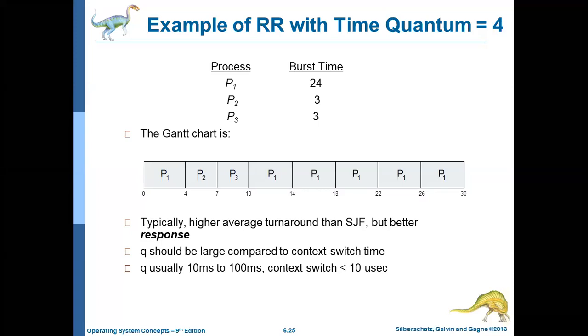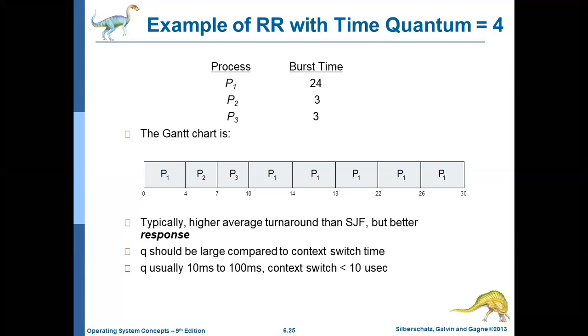Completion time is when the entire process gets successfully removed from the memory, whenever the successful termination is going on. Then P1 30, P2 completed at 7 milliseconds, P3 10. Then you should calculate average waiting time as 6 plus 4 plus 7 by 3, 5.6 milliseconds. Average turnaround time as 30 plus 7 plus 10 by 3, that is 15.66 milliseconds.